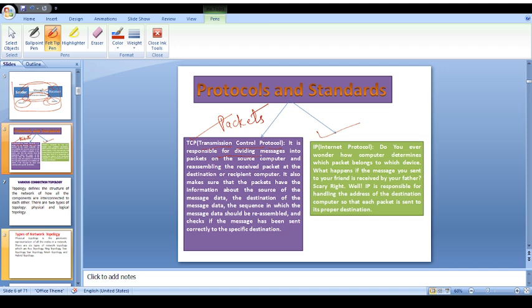TCP is responsible for dividing messages into packets on the source computer and reassembling the received packets at the destination or recipient computer. It's a responsibility of TCP that first it divides the messages into packets on the source computer, then when they are received on the destination computer, it assembles all the messages in correct sequence. It also makes sure that packets have the information about the source of message